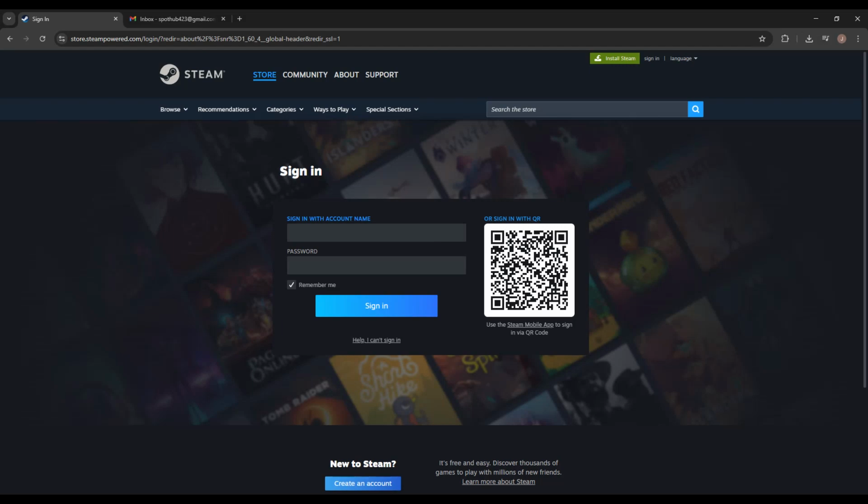In today's guide, I am going to walk you through exactly how to reset your Steam password quickly and securely. Losing access to your Steam account can be a stressful experience, especially when you have a library full of games that you are eager to play. Whether you have simply forgotten your login credentials or you are looking to update your security because of a potential breach, the process of recovering your account is straightforward and designed to get you back into your games as fast